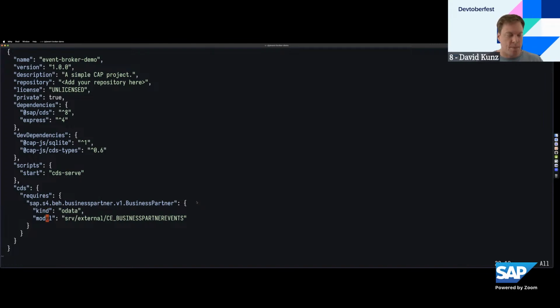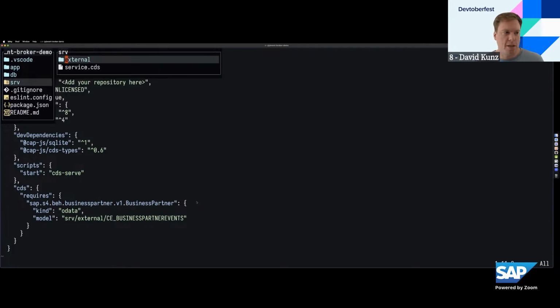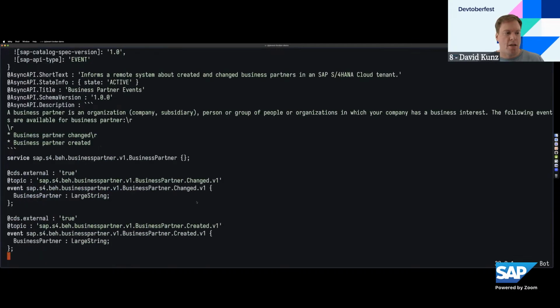Now, the other thing this cds import command did was to create this external model, which is referenced in this external service. And here you can see all those different event definitions, which you downloaded. Especially important is this one, business partner changed, which contains the payload business partner, which is a large string. All right,